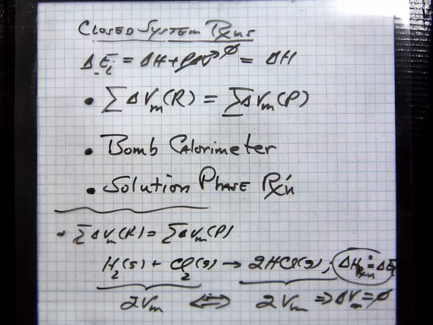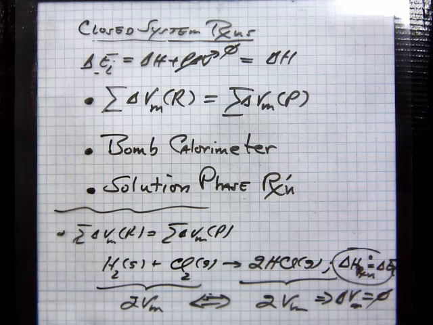Okay. Those are pretty easy to identify. You just look at them, and you add up the products and the reactants, take the difference. If it's 0, then the only thing you have to consider is the heat of reaction. It's usually a delta H number hanging on the end of the reaction.